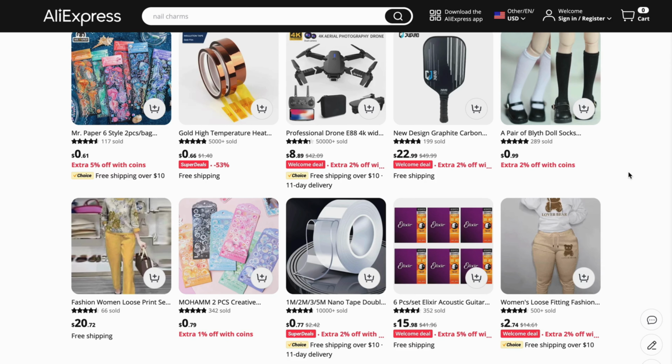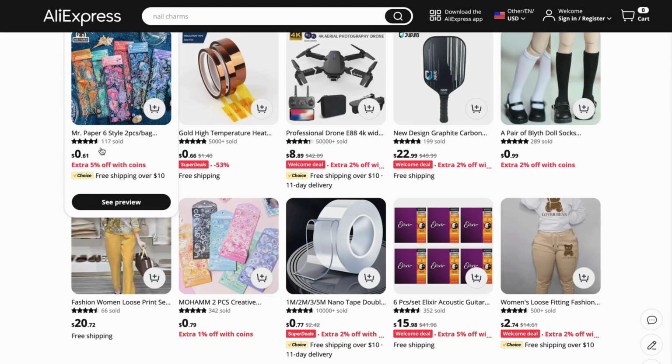So as you can see, I'm currently on the AliExpress website, and by the way, of course, you can use your coins even if you're using the AliExpress mobile app. If you're currently on your mobile, it doesn't really make any difference, just so you know. So basically, if you right now have coins on AliExpress and you want to understand how to actually use them, then what you're going to do is head into the AliExpress website, either on your mobile app or on your computer, and then you're going to actually see, for example,